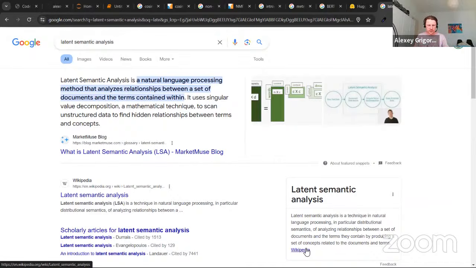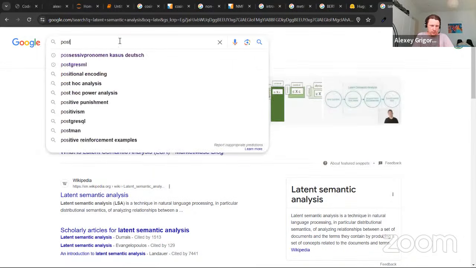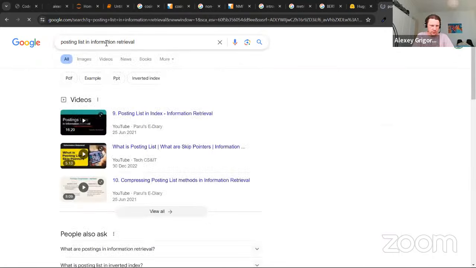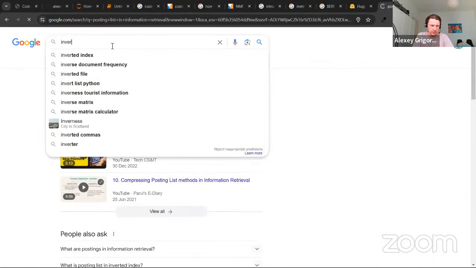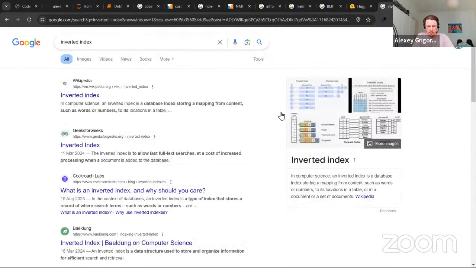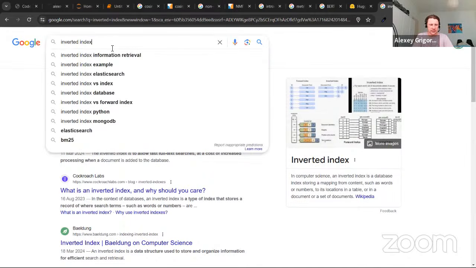And there are two key ideas for that. For text search, we use a posting list in information retrieval, or an inverted index. It's called an inverted index. And in this inverted index, there is this posting list. This is something that Lucene uses in order to quickly retrieve documents. So if you're interested in how fast text search is implemented in practice, so that you can index millions and millions of documents and it still works fast, these are the key ideas: inverted index and